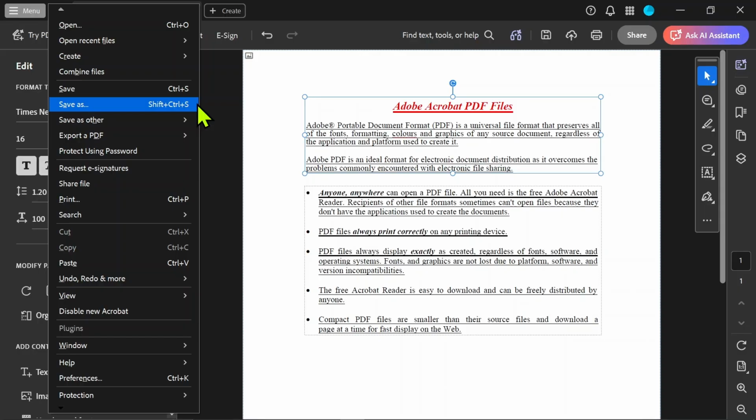You can also go to Edit, then Undo from the top menu. And that's how you undo in